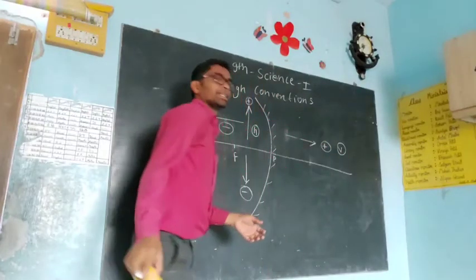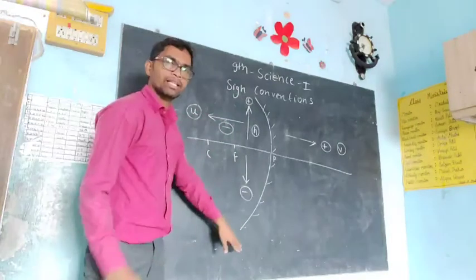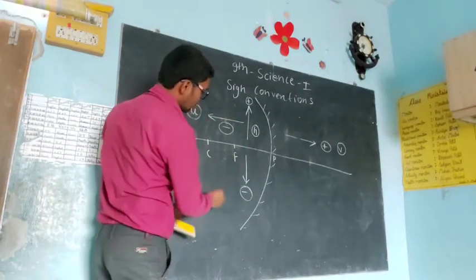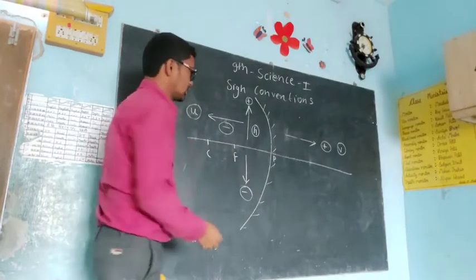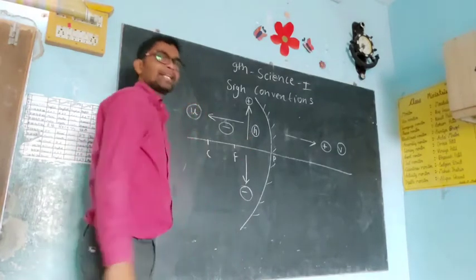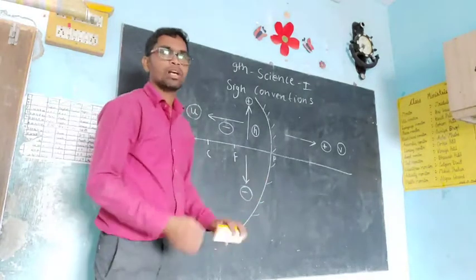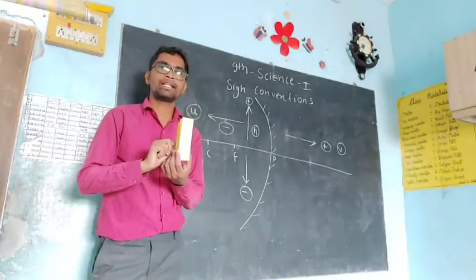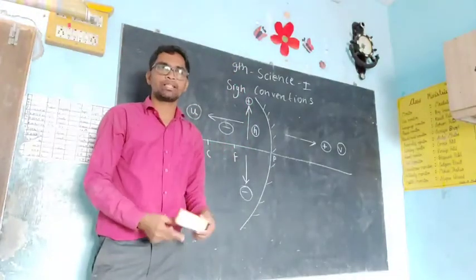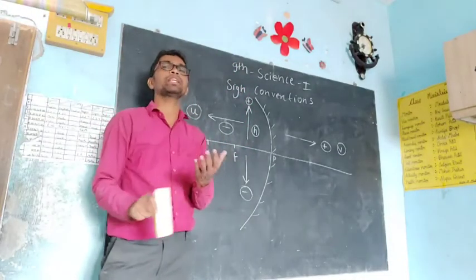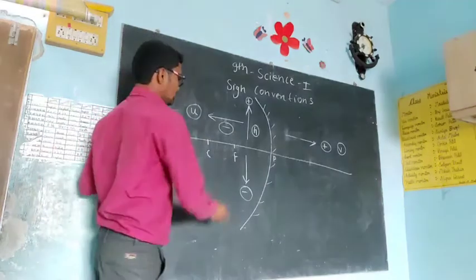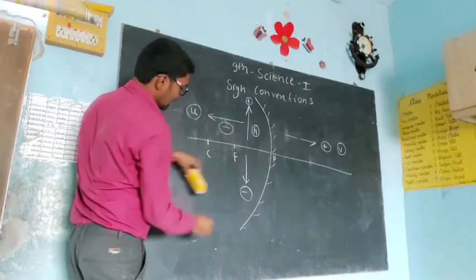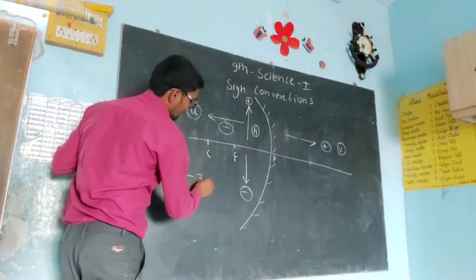But if your height is downside, like that, inward and downside, it will come negative. Downward height is always negative, keep that in mind, because we do not measure our height in the downward side. If you measure downward, then it will come negative. So if your object is like that, suppose the duster is like that, and the image you get is like that, then it will come minus 3 cm.